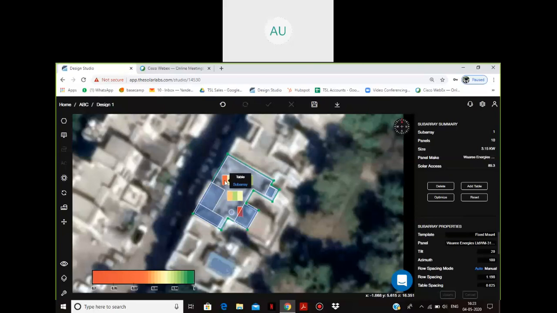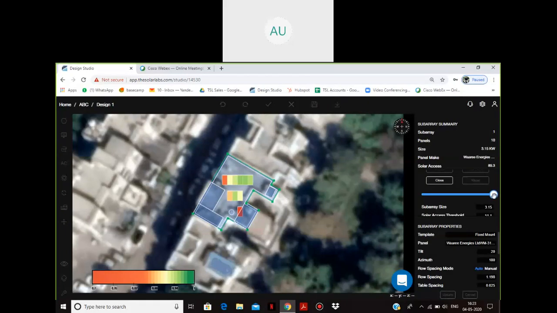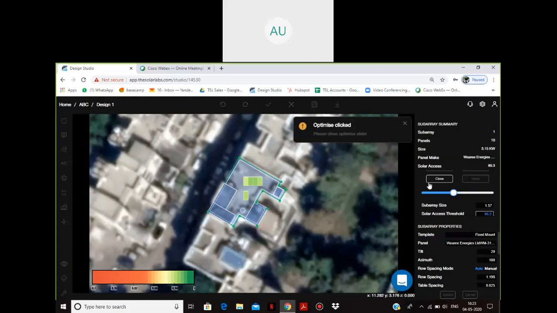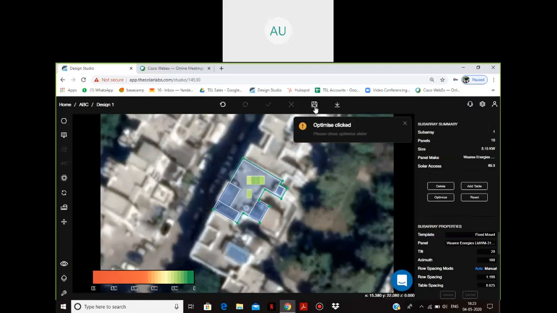So when I want to optimize my system, I'll go on to optimize and I'll get an option to even decrease the size, the capacity of the plant, or feed in a particular value of solar access threshold. When I slide this slider, you'll observe that the panels which are the most shaded ones, that is the red and the yellow ones, will go away. You can see this. So it allows me to optimize my system properly. It never happens that my well performing panels are going away. Similarly, I can put in a solar access threshold value, say 95, and all the panels below it will go away. So yes, right now I'm done with this design. I'll just save this away.